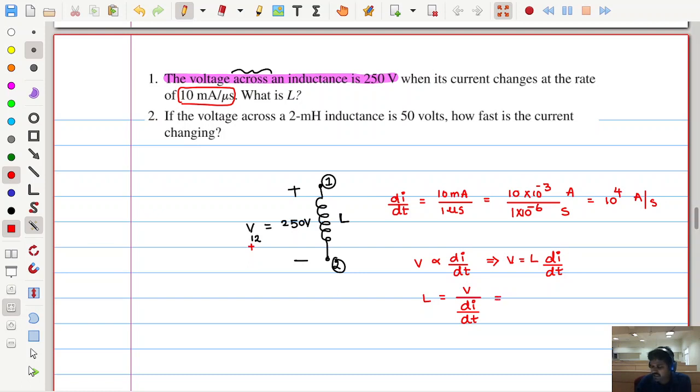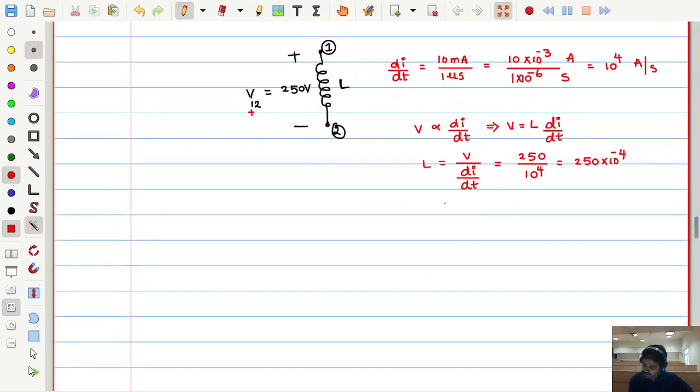So this unit simplification you need to do. Don't leave it like that. So this is 250 divided by 10 power 4. How much is the inductance? So can I say 250 into 10 power minus 4? Then further, can I write this as 25 into 10 power minus 3? So we can say Henry, H, or we can merge this 10 power minus 3 and call it milli Henry, 25 milli Henry. Clear?